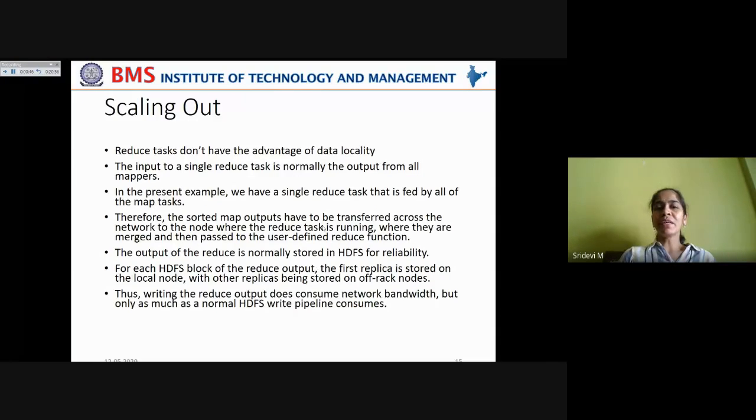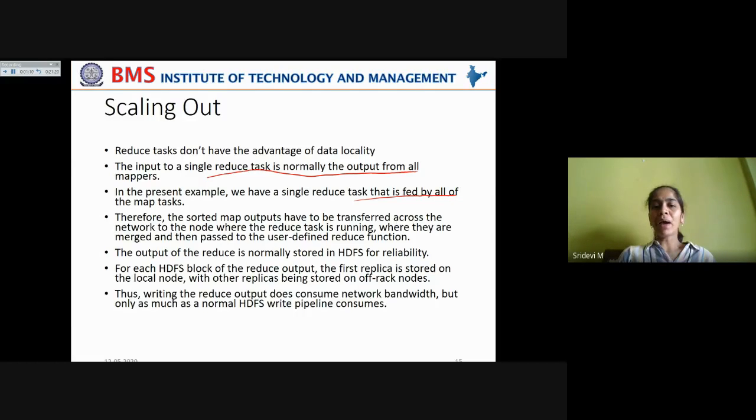The input to a single reduce task is normally the output from all mappers. This we understood. Now, in the present example, we have a single reduce task that is fed by all the map tasks.